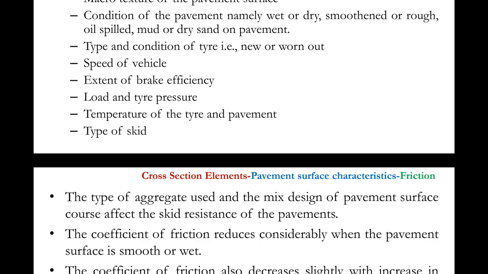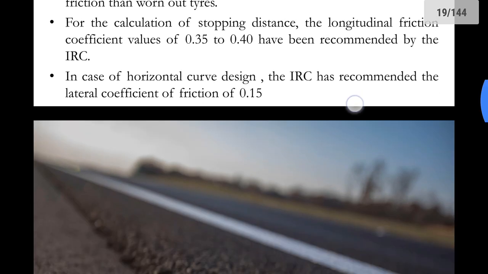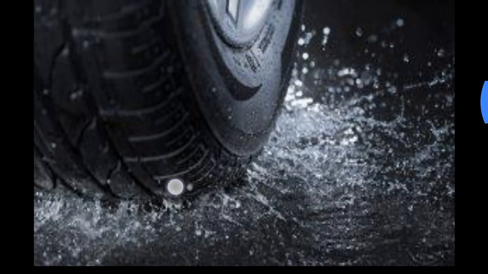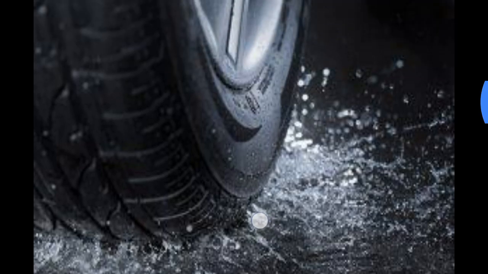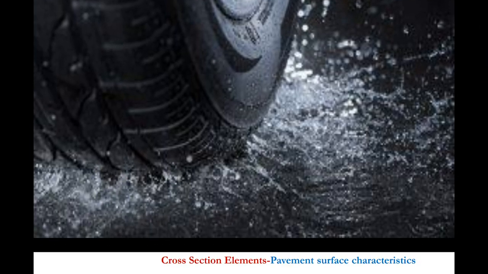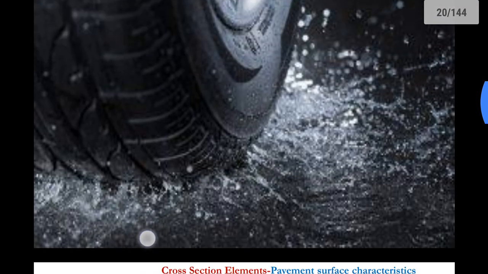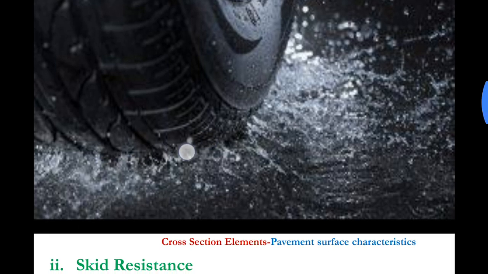If there is more air pressure or efficient air pressure, then the contact surface would be good. If there is higher air pressure, then there are chances that the contact surface would be less with the pavement, because then the tire would form a curve shape. The tire surface would be curvilinear, then the contact surface would be less.